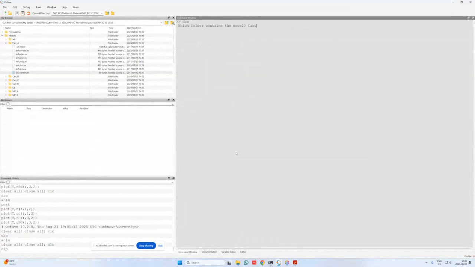Now, if I go back over here, I'm simply going to type in clear all, close all, clc, just to clear my workspace. I'm going to type in DAP again, cart_A, and now, no, I don't want to correct the initial conditions. My first warning that I see over here is that there is redundancy in the constraints. So in other words, from this warning, I don't really expect my system to move as it should,